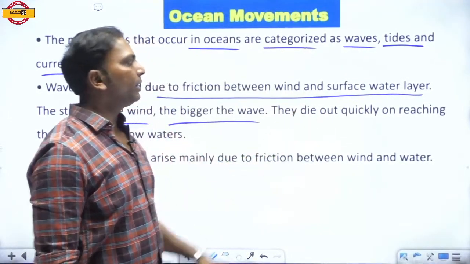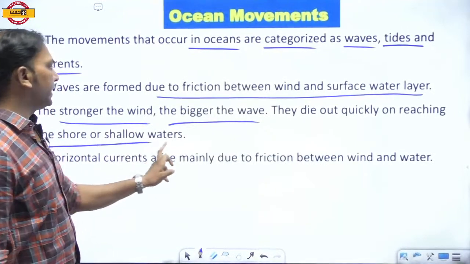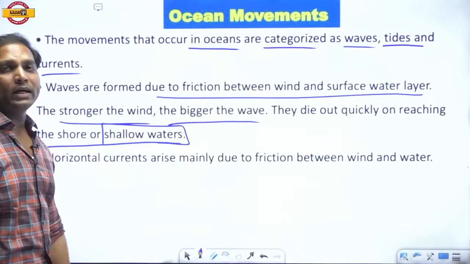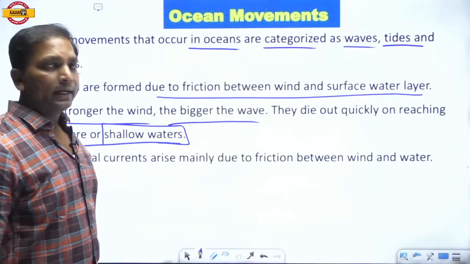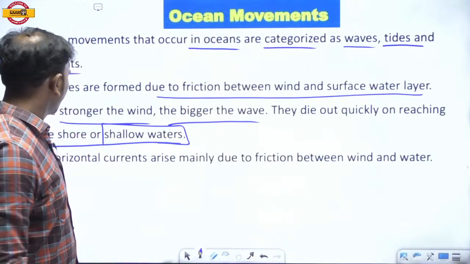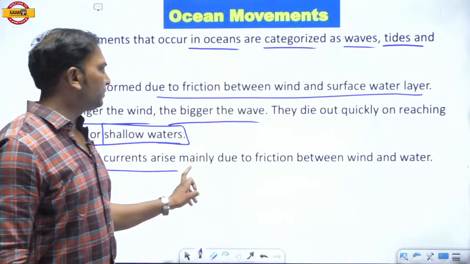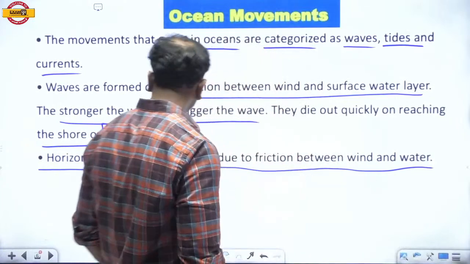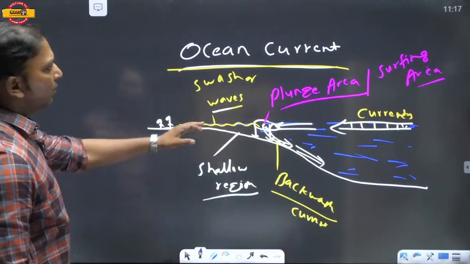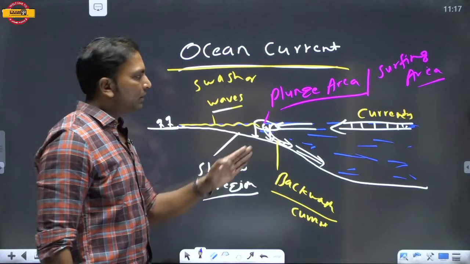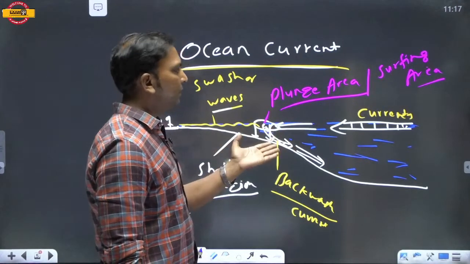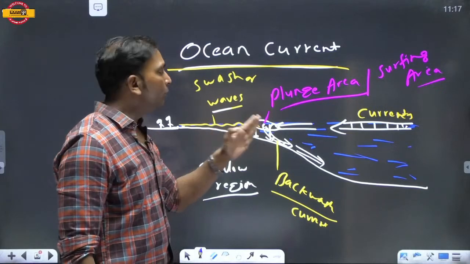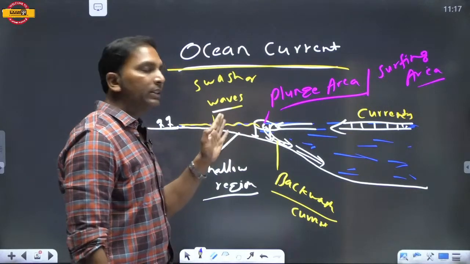They die out quickly on reaching the shore or shallow waters. What I said, when it reaches to the shallow water region, it is quickly going to die. Horizontal currents arise mainly due to the friction between winds and the water. Like you see, here we are showing the waves. So here at this place, the current has broken. Then how it moves? It moves because of the friction with the